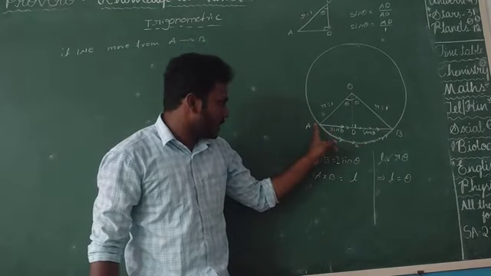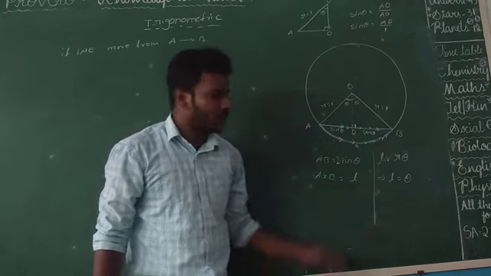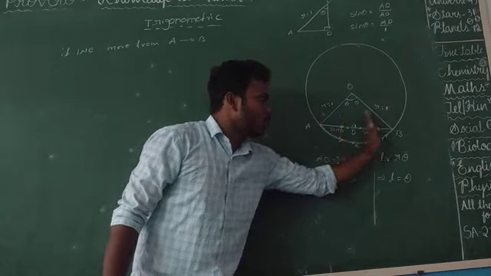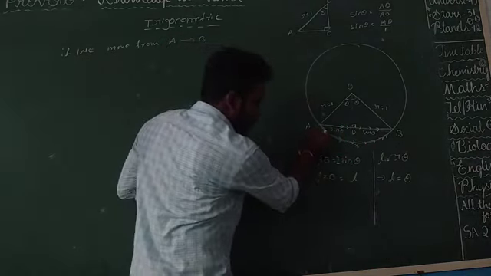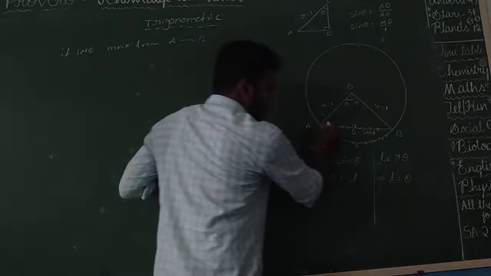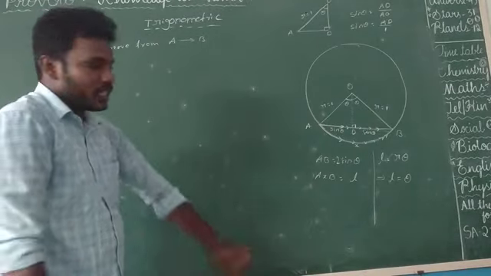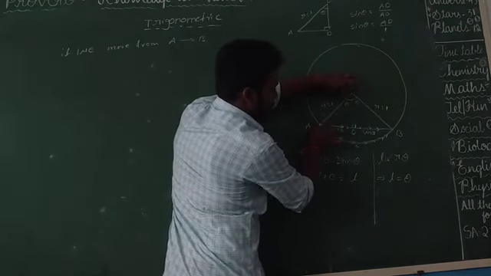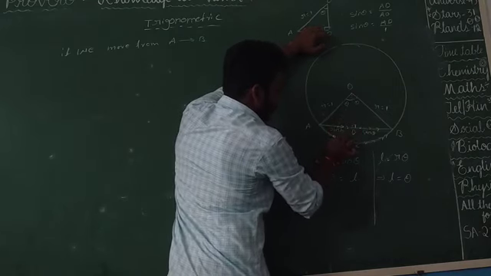The distance AB: one is the path of the chord, one is the path of the arc. Both are gradually moving to reach B. From A they move along two different paths but gradually reach B. At that moment, the angle should become 0. Why? Because if the particle is starting here, the angle is theta. After some time, if the particles are moving like this,